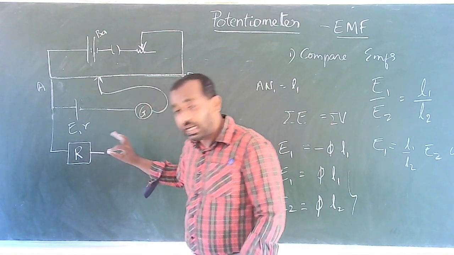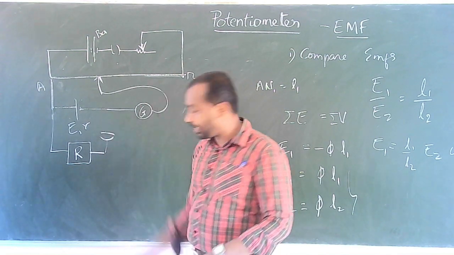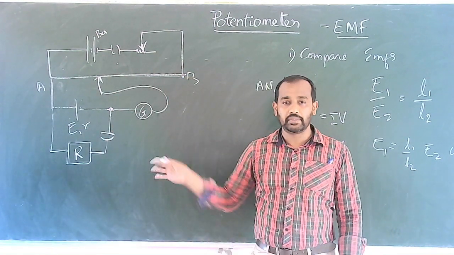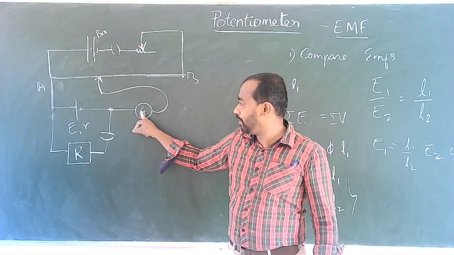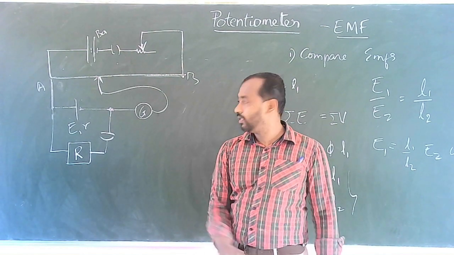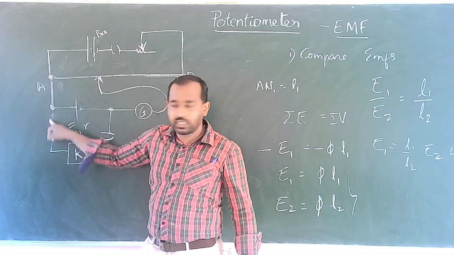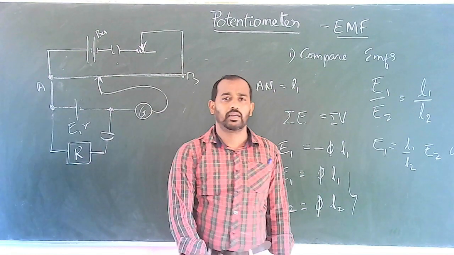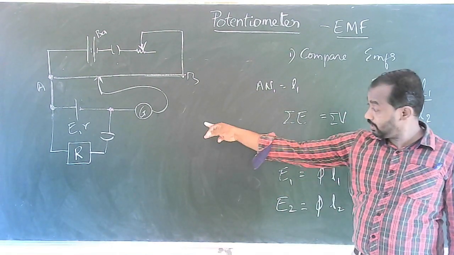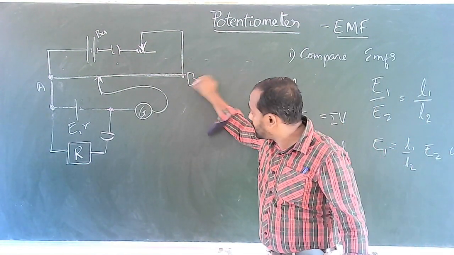Now, this external resistor is followed by a plug key. Then it is connected to the negative of the cell. Then the negative of the cell and the galvanometer are connected. So it is a junction here. Again, this is a junction. These are not two different junctions, these are the same junction. I will show how to make the circuit connections in the next classes. So now, this is the circuit diagram for measuring the internal resistance of a given cell.